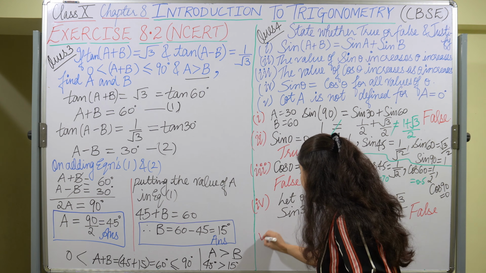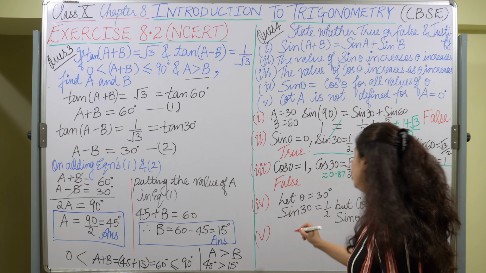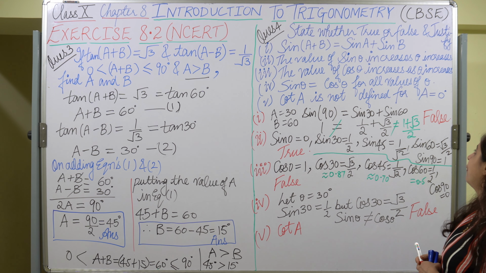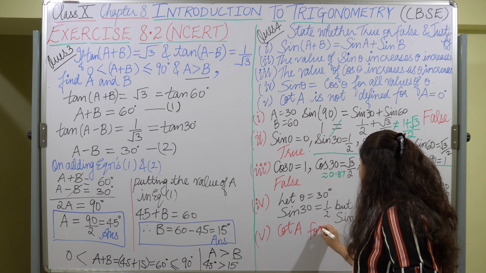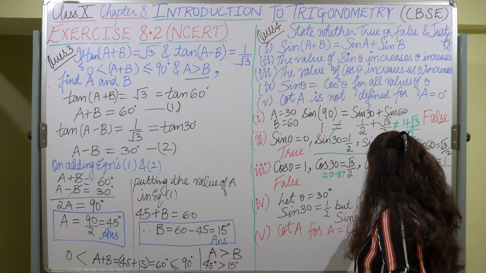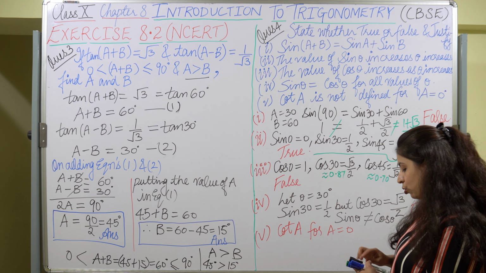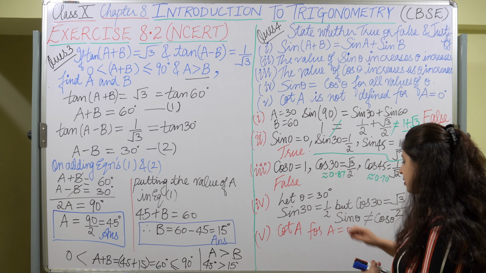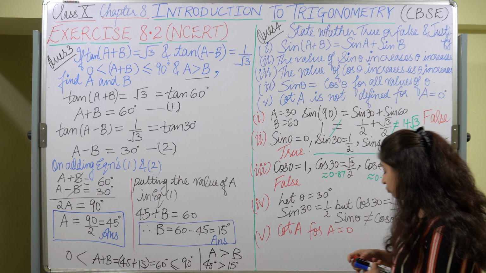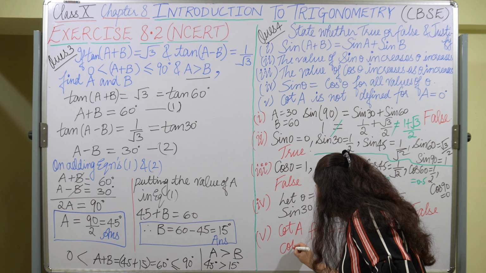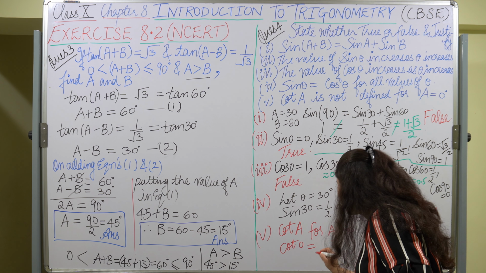In the fifth part, it is being given cot A is not defined for A equal to 0. So that is true. That is true because cot 0 will be equal to